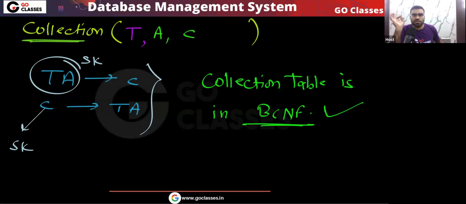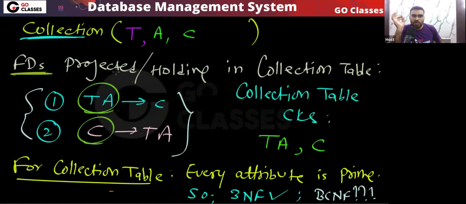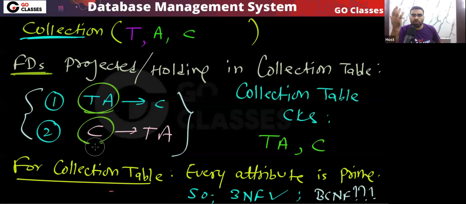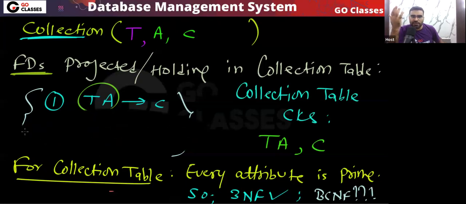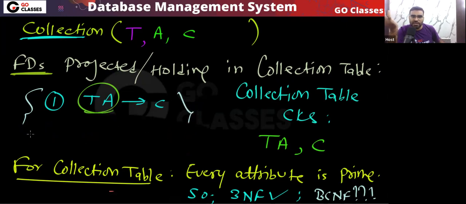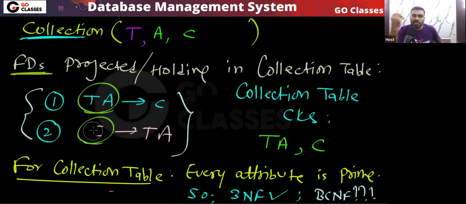This is the correct analysis of this question. I have seen many students do the analysis of this collection table without this FD. Please tell me, did you solve this GATE exam question? While solving it by yourself, in this collection table, did you take this second FD or not? If you did not take this second FD, then that is wrong, even if you got the correct answer. By luck, you were lucky to get the correct answer. But if you don't take the second FD, then your method was wrong and in some other question, you will get the wrong answer.